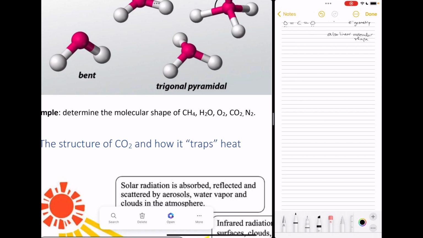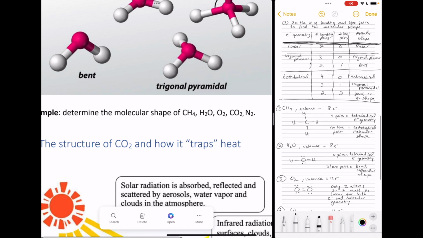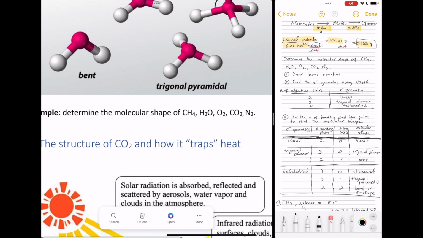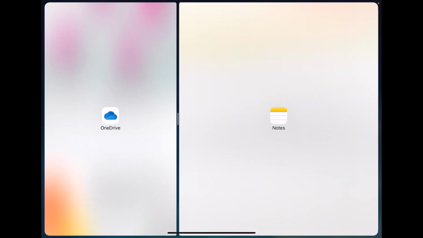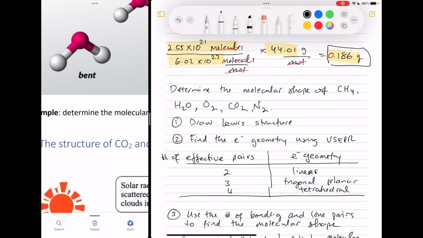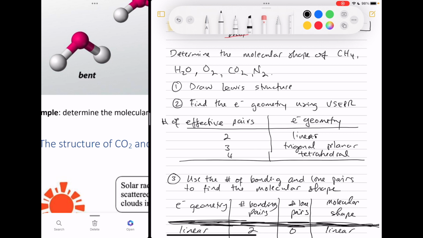of molecules. Okay, so now we want to work through a few examples of how to determine the molecular shape using this VSEPR theory that I just described. I'm going to just do 4 of them and then I'll have the last one for you to work on. Remember, the steps are as follows, so I'm writing it here to remind you again. First thing is to draw your Lewis structure, and then the next thing is to find the electron geometry using VSEPR theory, so it's a pretty specific set of geometry.